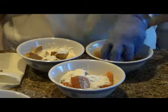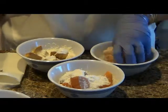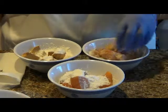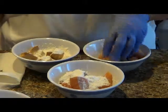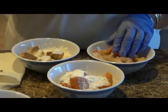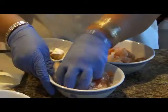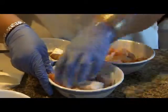And I'm just going to kind of mix that up. If you're going for a vegan option, this might be enough to bread it and to then dredge it in the flour. If not, you can definitely use flaxseed as an option. And the same thing here, I'm going to mix it up a little bit because I want it to form like a sticky